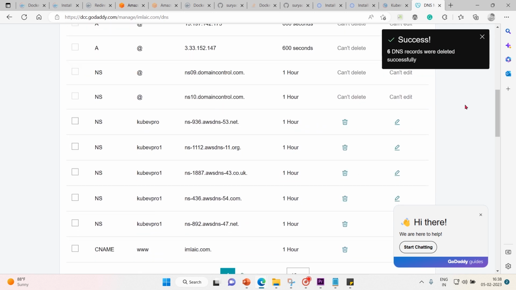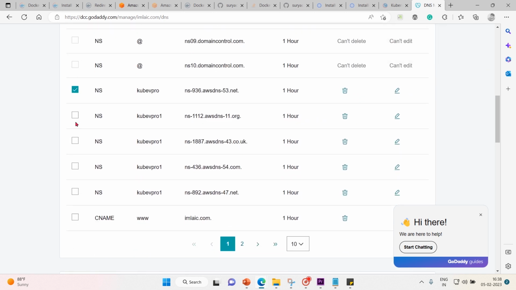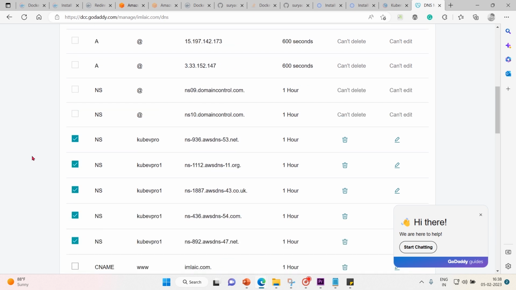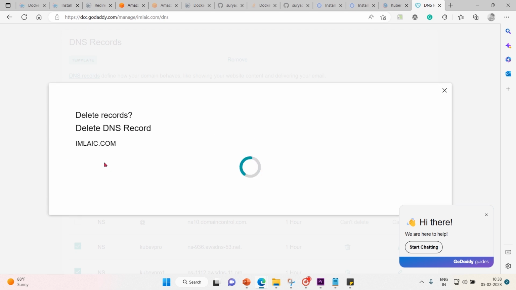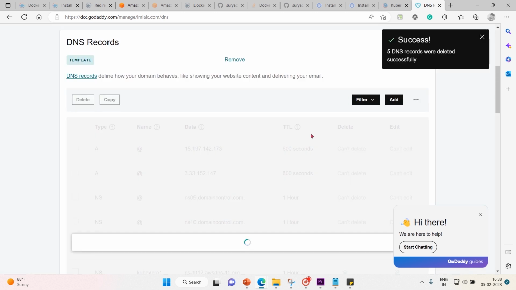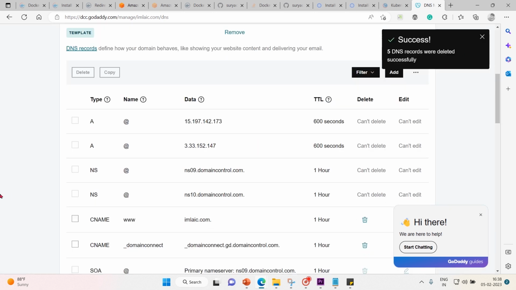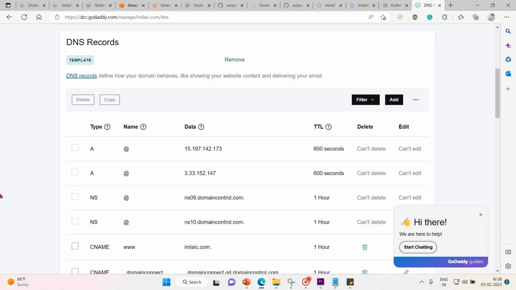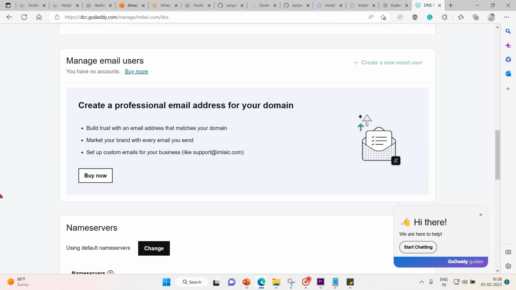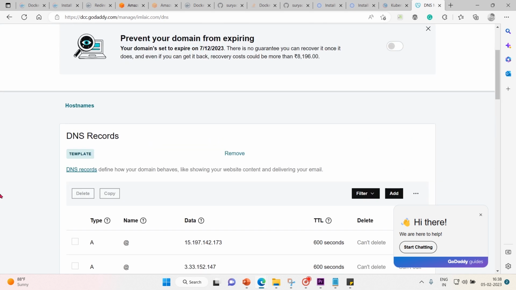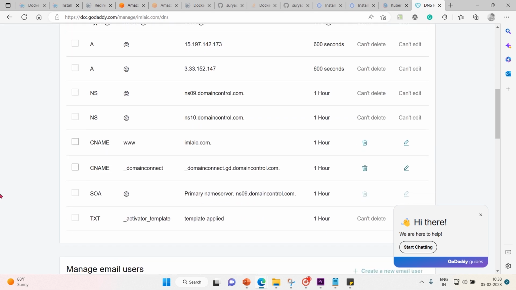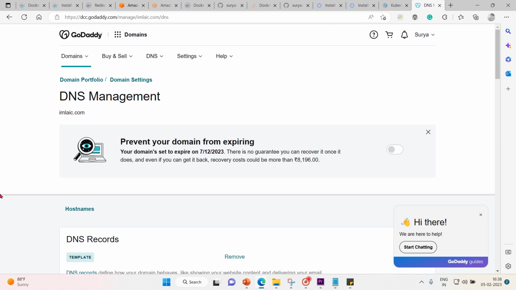Okay, these 6 DNS records have been deleted, and I'll delete these also, so that when we are working on this, it would be pretty clear for you, or else you will get confused. That's the reason I'm deleting the existing ones. The 5 new DNS records have also been deleted. So now I do not have any DNS, domain name system, records. These are all default ones, let's keep them. Okay, you've seen my DNS,